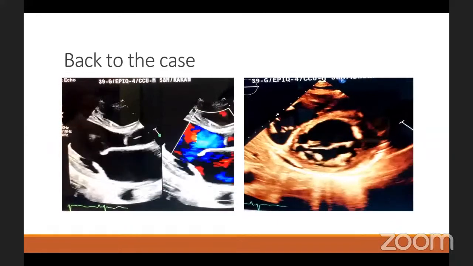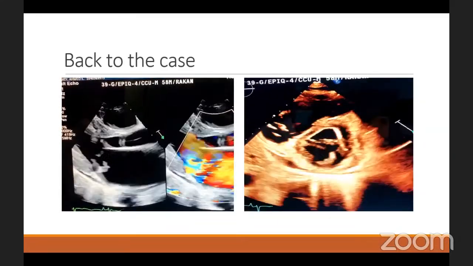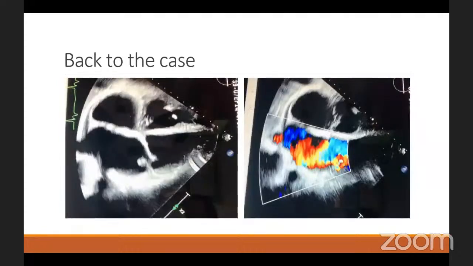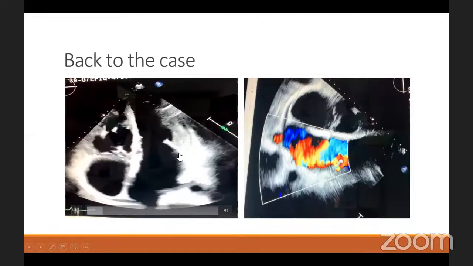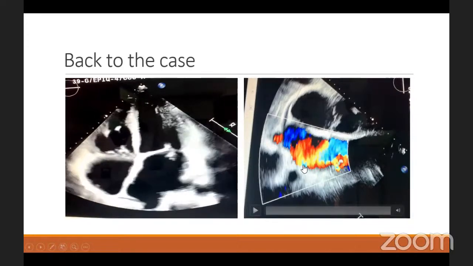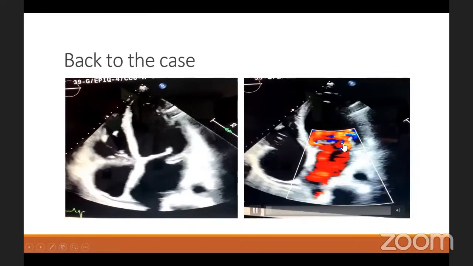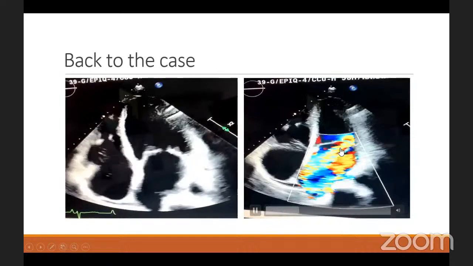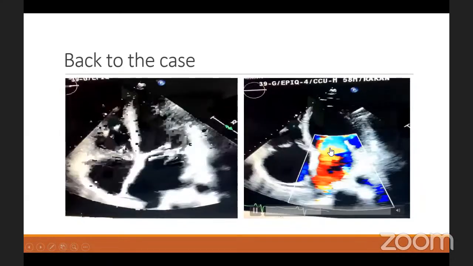So after analyzing the leaflet and the subvalvular apparatus, you should look for the annulus. But before that, I want to show you the 4-chamber view. This is the 4-chamber view showing clearly no coaptation line between the anterior and the posterior leaflet. This is with the color Doppler view. You can see here no coaptation line between the anterior and the